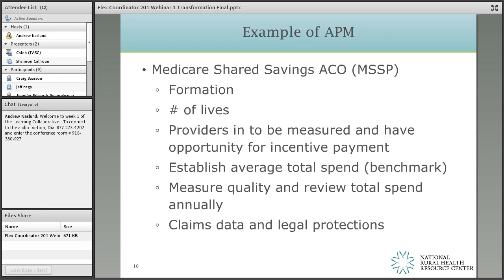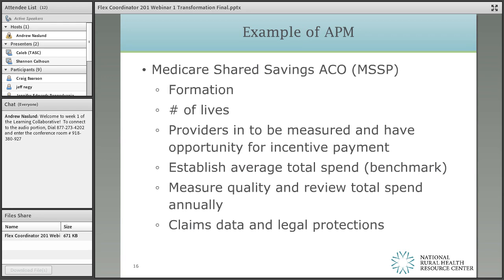So you can all of a sudden see duplication of effort. You can see high cost places that patients have been where you didn't expect them to be, and really be insightful about the care and treatment that the patient's receiving and how you can, as a primary care provider, manage that patient better. So claims data is critically important. You can also see what your data is saying to the provider about you, the provider. So I consider that a huge gift.